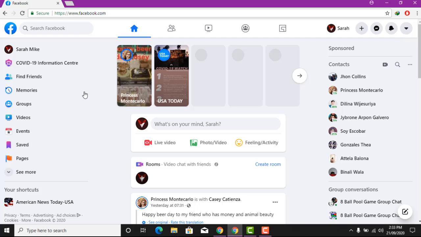Guys, when we want to view the birthdays of our friends, we open their profiles and scroll down at the last of their profiles to view their date of birth. It's so annoying and time taking. So if you want to view the birthdays of your friends in an easy method, simply click on events at the left side of the Facebook menu,